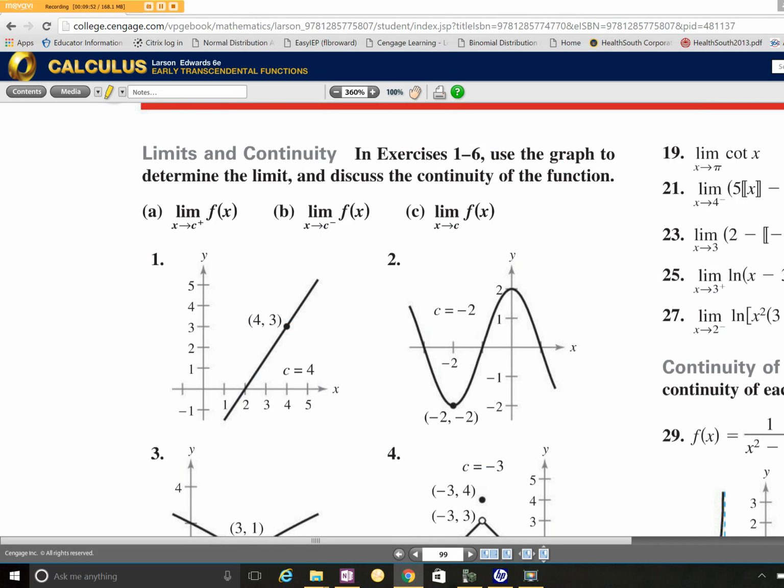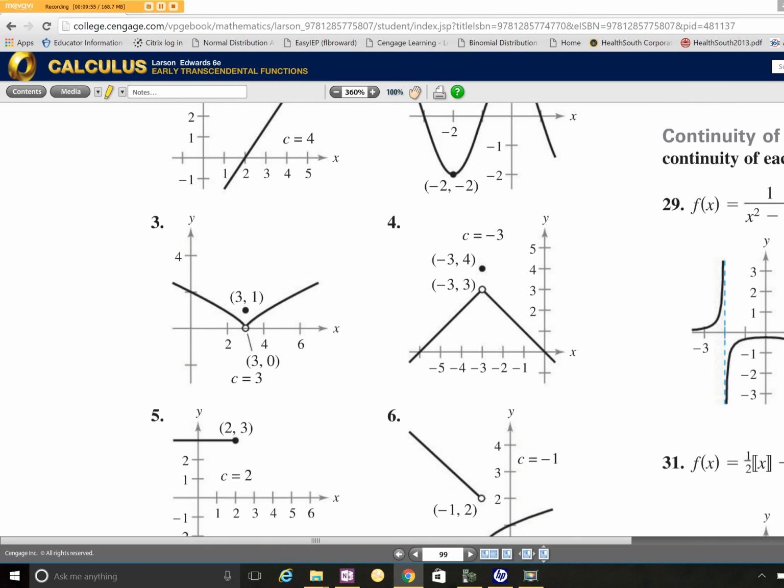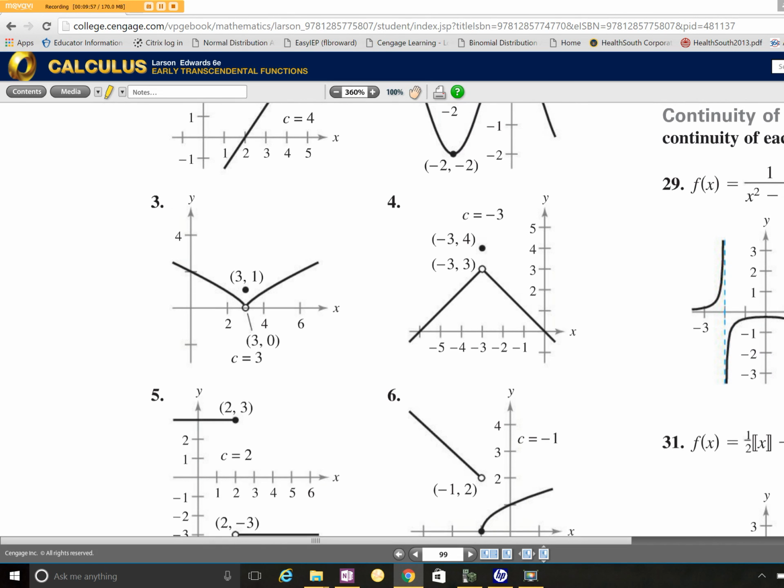Let's go to question 3. So looking at question number 3, you start to see that open dot right there. And you see right here that it jumps up, and now it's full here, and now you have 3, 1. So this is inclusive here, but not here. So in your notes, it was designated that this is one of the conditions where we know that this is not a continuous function